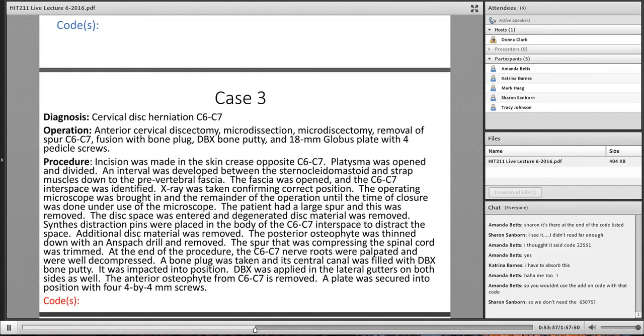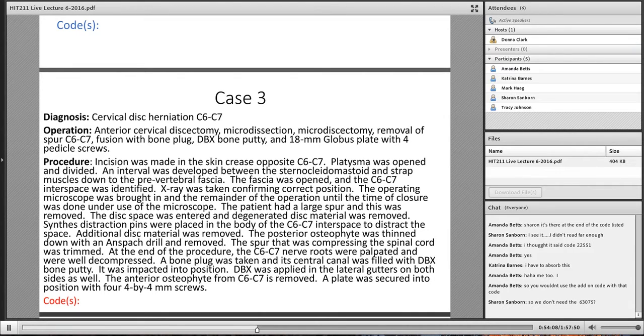Now you also need to pay attention to whether they are using some type of instruments in order to perform the decompression. So we got the decompression, discectomy. We need to pay attention to instrumentation. Was any instrument used